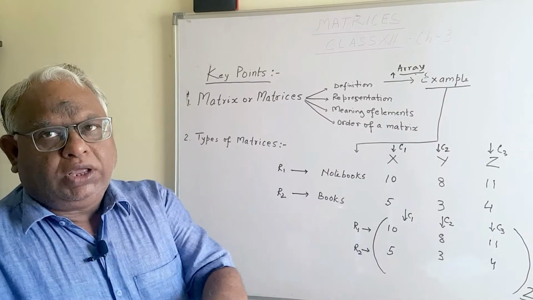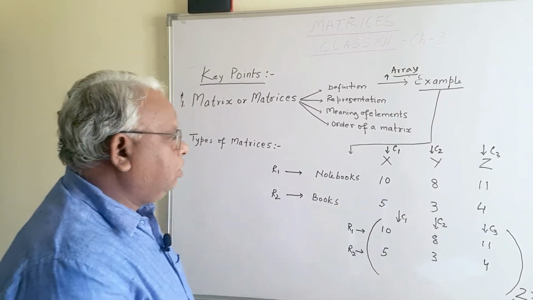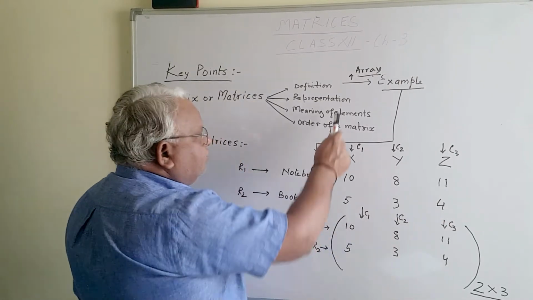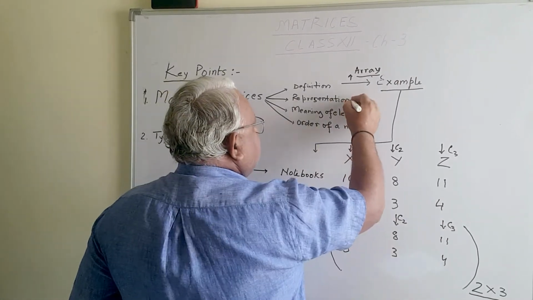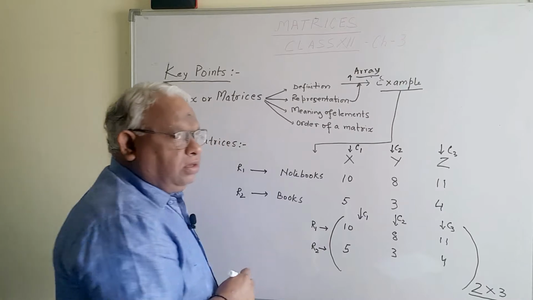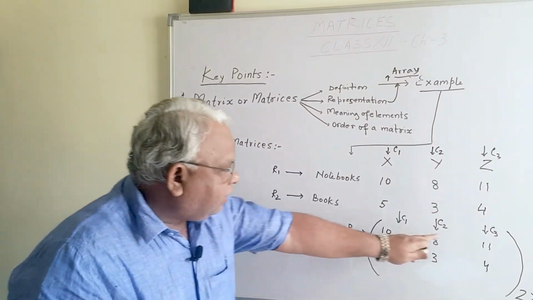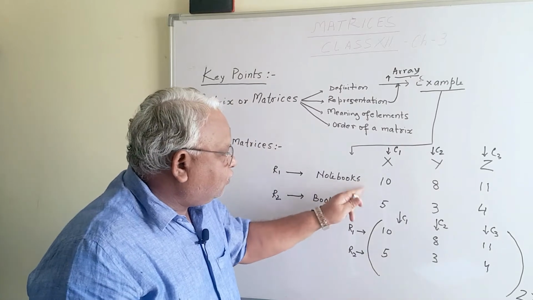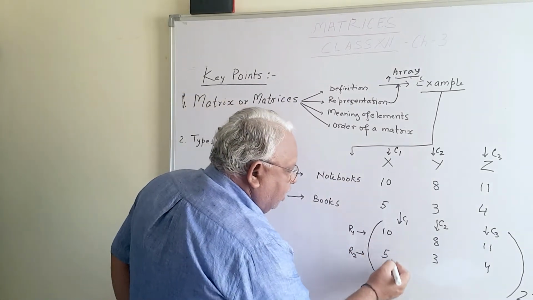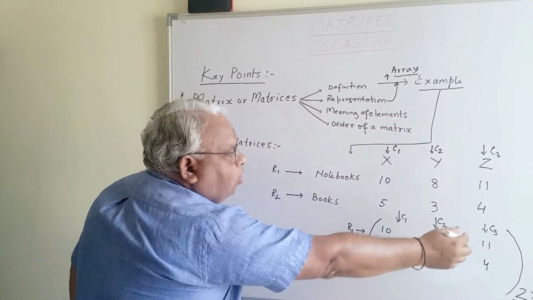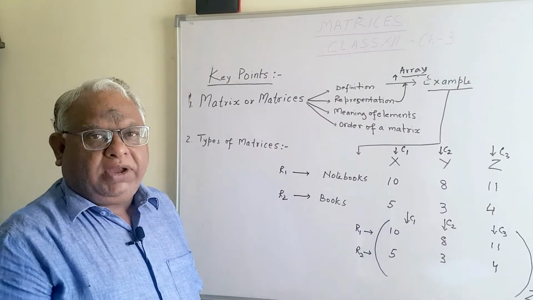This gives you a few more pieces of information. Now what is this data? This is the representation, which I have in the form of an array. Meaning of data: the data which I have collected from this source is known as an element. All these data are known as elements.